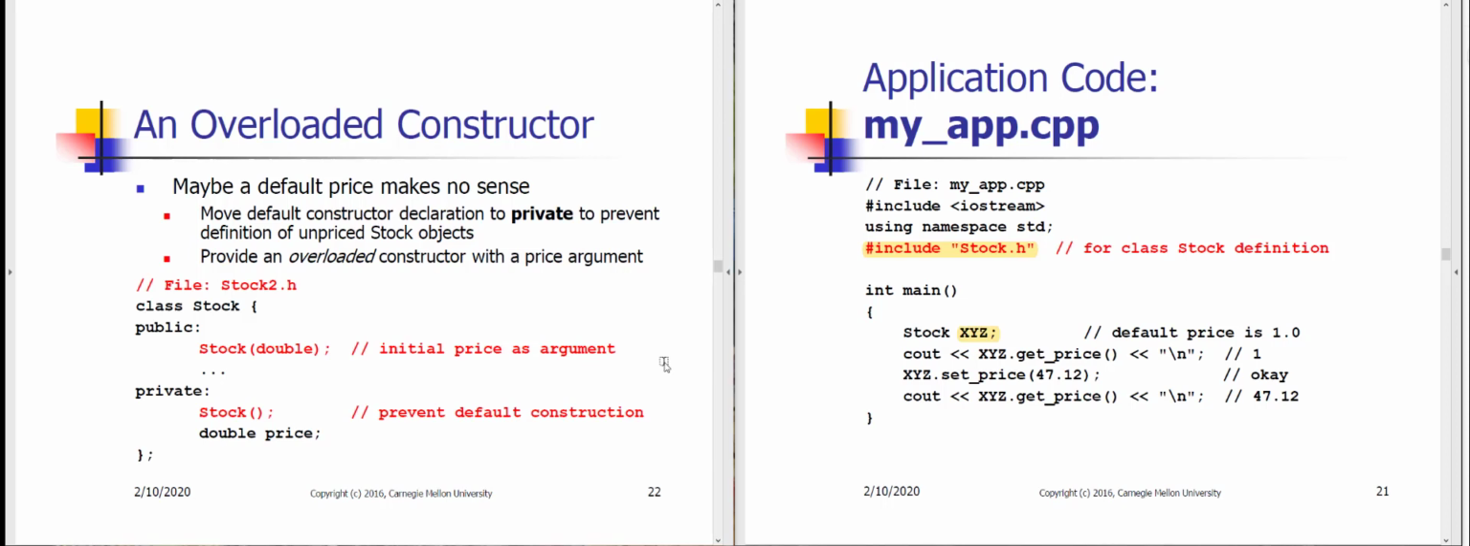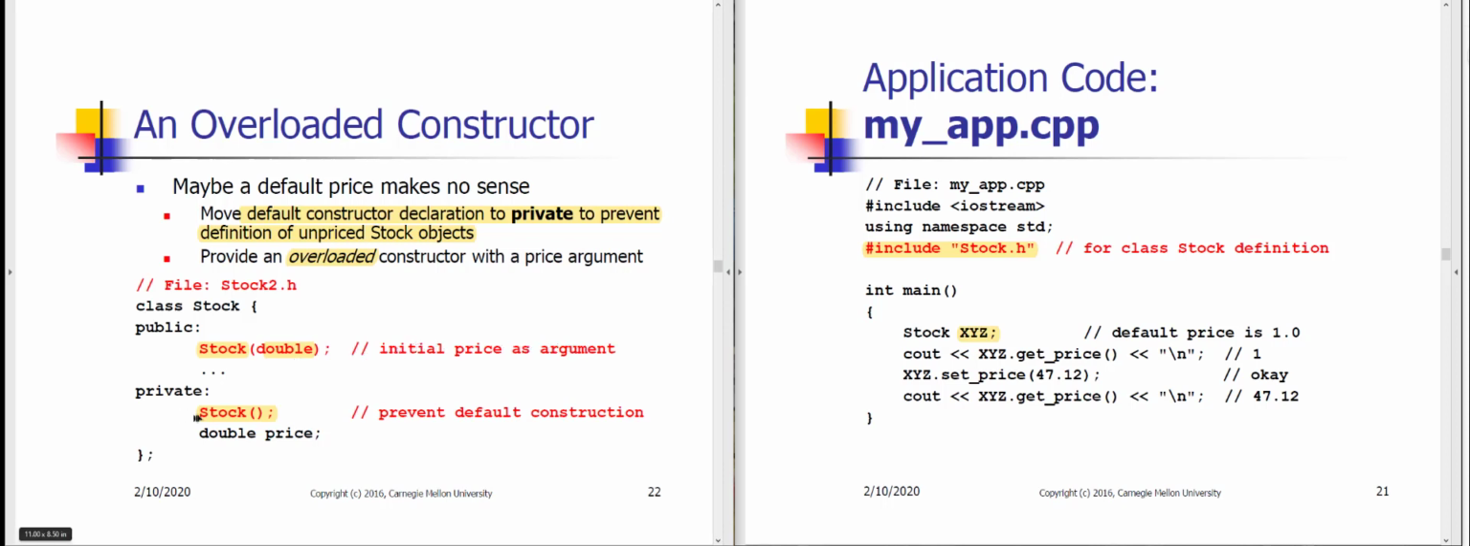It doesn't really make sense for a stock to have an initial value of 1 by default. When a stock is listed, it has some price established. So let's move the default constructor into the private section down here to prevent default construction from happening at all. And instead of the default constructor, let's have an overloaded constructor that is another function whose name is stock, the same as the name of the class. But this overloaded constructor is going to take a double as its argument, and that will be the initial stock